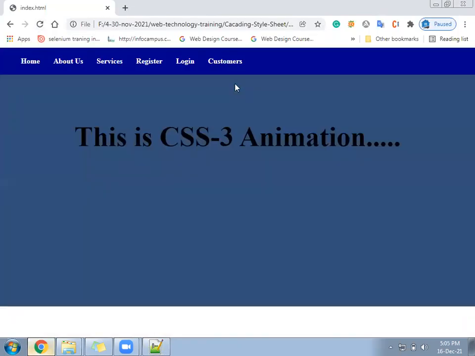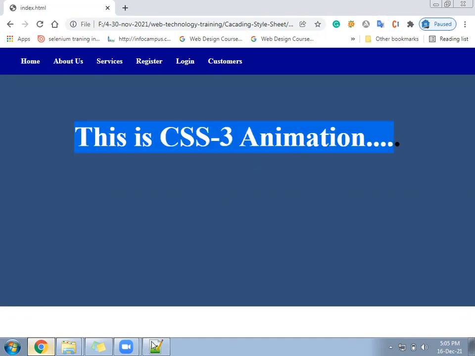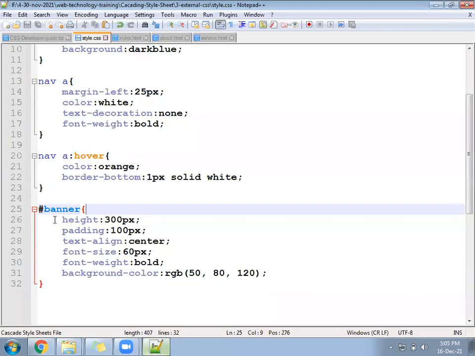From top it is 100 pixels. Okay, from bottom? The total height is 300. Because of that, it's not coming in the center. If you keep the total height 200, this line will come in the center. Keep 200 height and then check. For this kind of number, there should not be a question. Why did you give 300 only? You give 800 and then check what is happening.